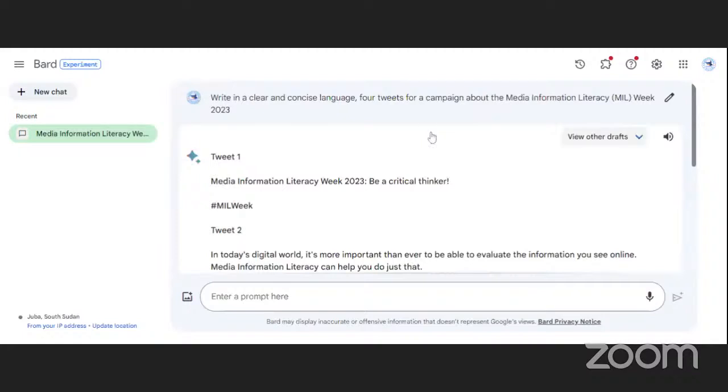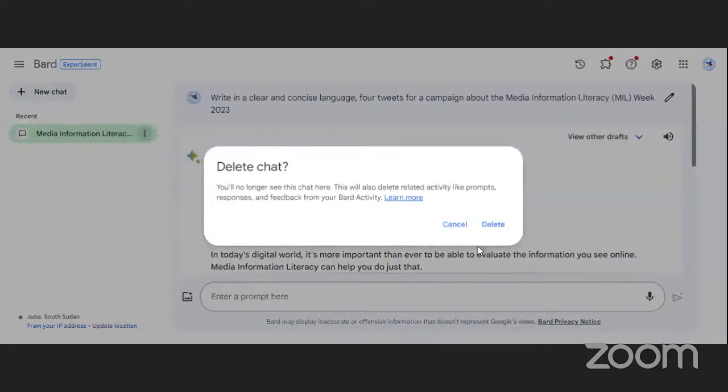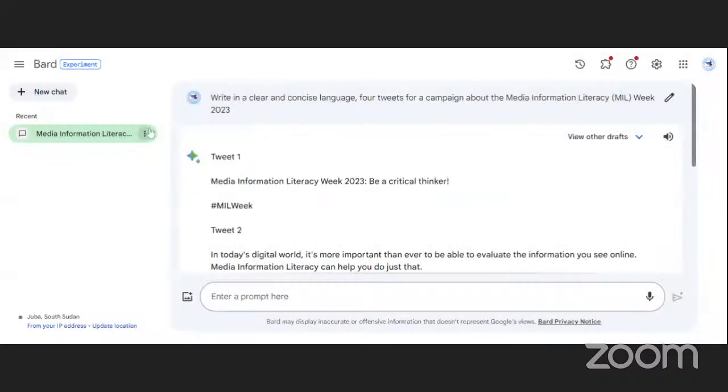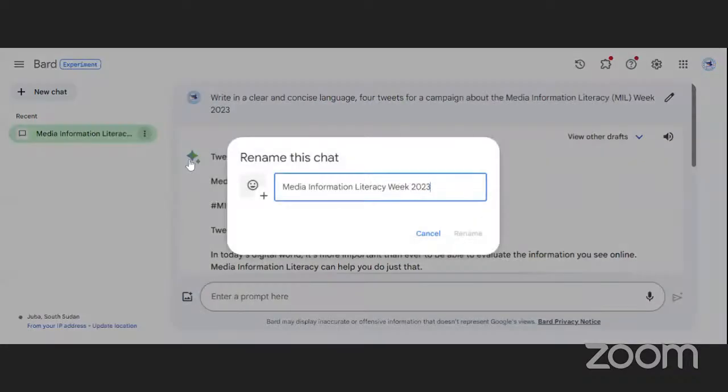And then here you will find all your chats, okay? If you want to delete your chat, you click these three dots and then you delete. If you want to give your chat a name, you click these three dots and then you rename. Let's say I want this one to be MIL 2023. You see, now my chat has a new name.